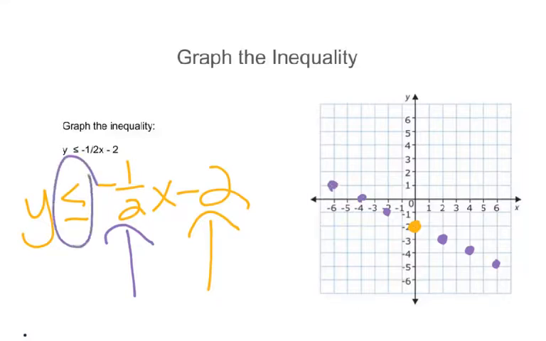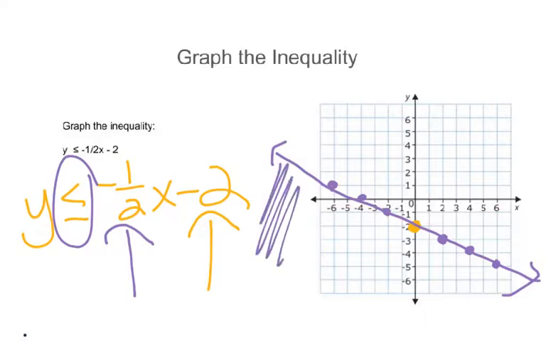Well, look right here at this. This is less than or equal to. And back on your chart, you will see that that means I need to draw my line solid. And again, this is a less than symbol, so it's everything that needs to be shaded